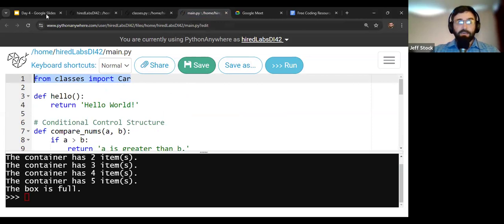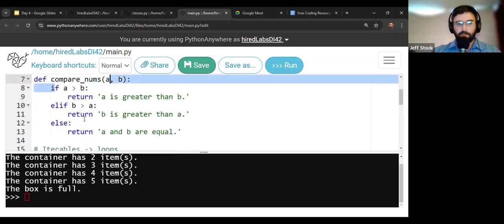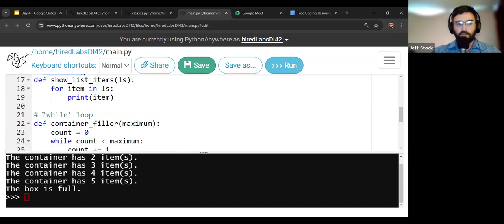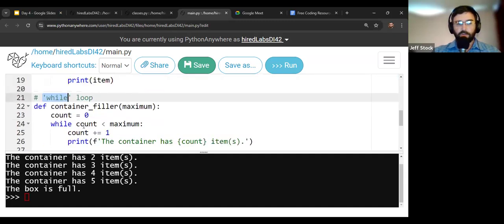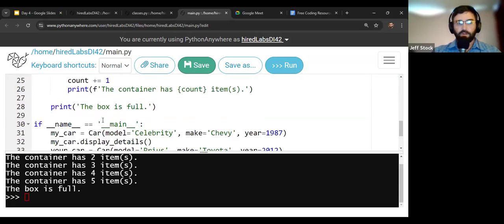Now today, before we move on, do we have any questions about that, about the class itself, about any of the things that we've covered up to now? The control structures that we covered, the if, elif, and else statements, the loops, the for loop, the while loop. Any general questions about that before we dig any further?